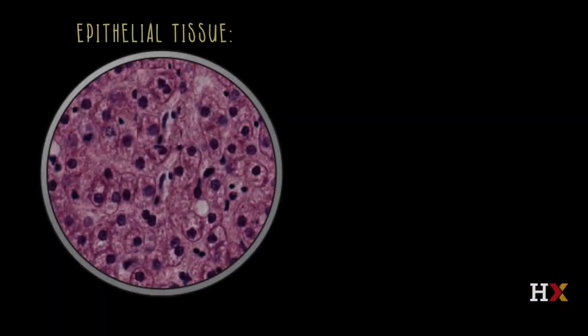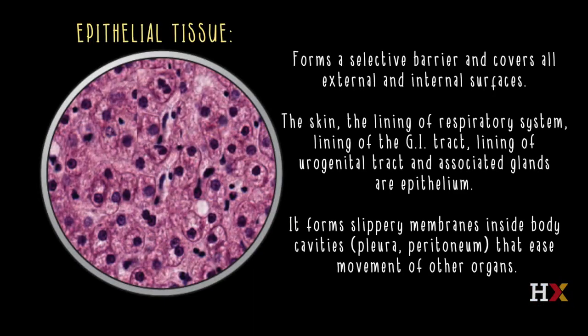Epithelial tissue is everywhere a selective barrier that covers the external surface of the body, internal body surfaces. It's part of skin, it's the outer layer of the skin, it's the lining of the airway of the respiratory system, lining of the GI tract, lining of the urogenital tract. It forms the glands associated with all the major organ systems of the body. It forms slippery membranes, such as the pleura and the peritoneum, that ease mobile organs, organs that change size within